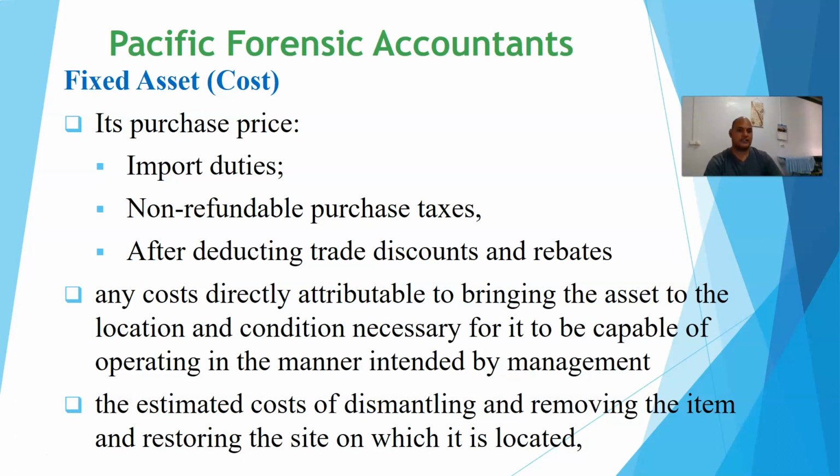Or if you are a civil society organization, normally these charitable organizations have tax exemption. Because of that, your purchase price must also subtract the exemptions or the rebates that you have before you pay the purchase price. So the purchase price obviously includes the import duties and the freight that allow that asset to be imported. These are the things that you need to include in the purchase price.